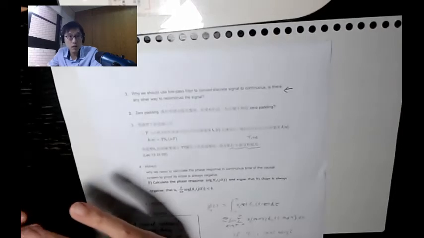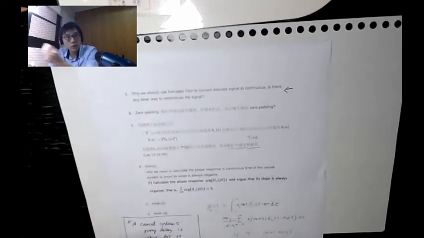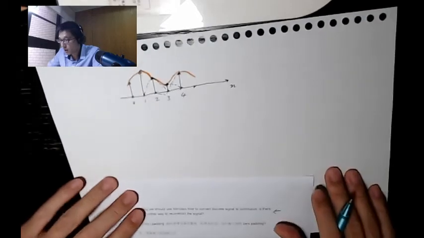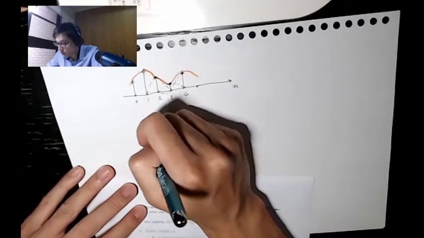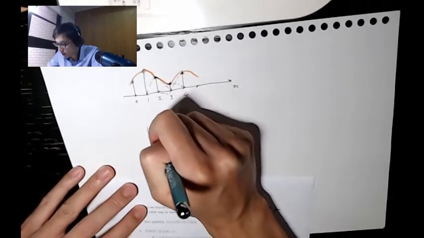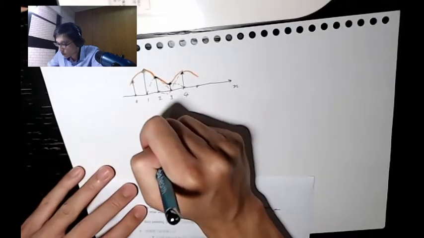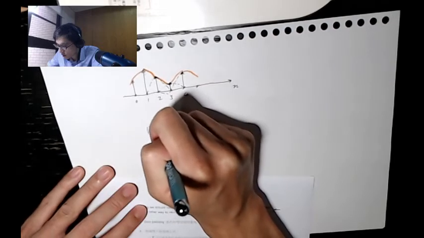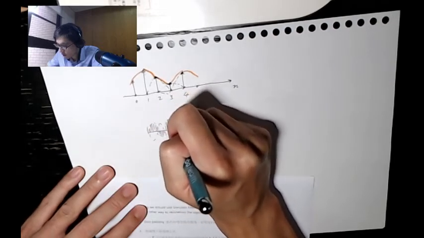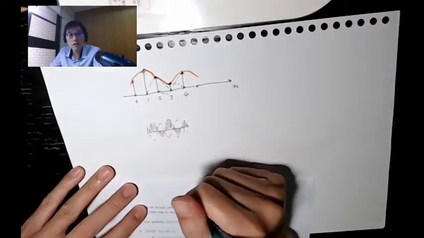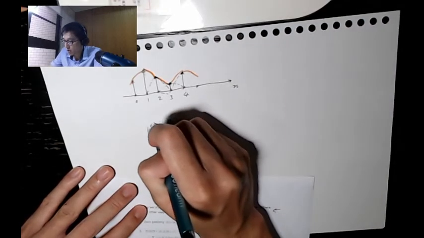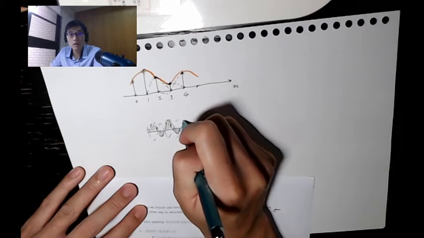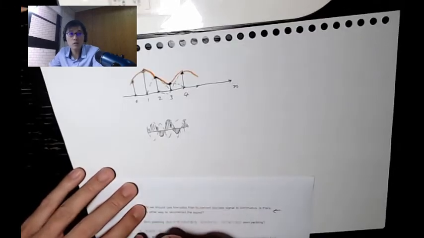And by adding zeros, even though you do not increase information, what you gain is resolution. You see more points in the frequency domain. So let me actually draw a picture. Let's say you have a signal of such length, and you're sure that it has some sort of sinusoid in it. Let me draw it quickly. Let's say you have a signal like this, of a certain length, and it looks like there is a sinusoid. And now the question is, what is the frequency of this signal?